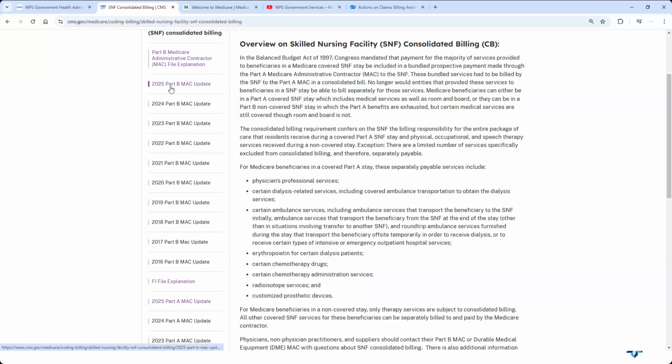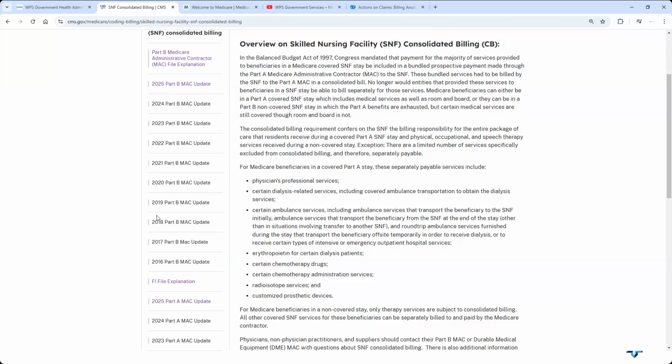Also, there's one specific to ambulance services that says if it's not bundled into another service, in other words, the ambulance transports to a hospital to have an MRI and then back to the skilled nursing facility, that ambulance service is actually part of the MRI. It's not a separately payable run because it's part of the MRI. You can't do the MRI without getting them there. Now, if it's to an ER, then we're looking at it in a completely different perspective, because the ambulance run to the ER is not part of the ER, and that's a way that CMS defines it. And that would also be on the Part B MAC updates versus the Part A MAC updates. It gets very confusing. We do teach a class on that, so I don't want you guys to get hung up and be like, got it all.